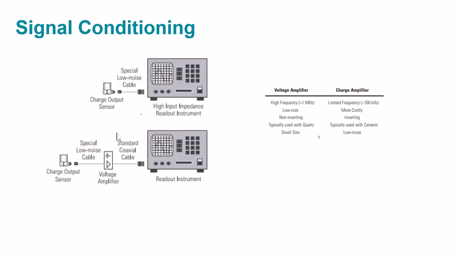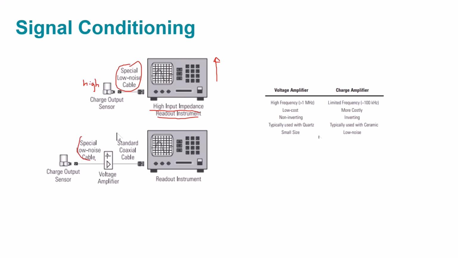So the signal conditioning for a charge accelerometer looks a little different. You either have a super high impedance readout, because we always want our measurement impedance to be higher than our sensor. And I mentioned earlier that this sensor is already really high impedance. You want it to go from low to high when you're measuring. So you have to have either a really special system that's designed to read these signals, and then if so, all you need is that special low noise cable, or you can have some type of voltage charge amplifier in